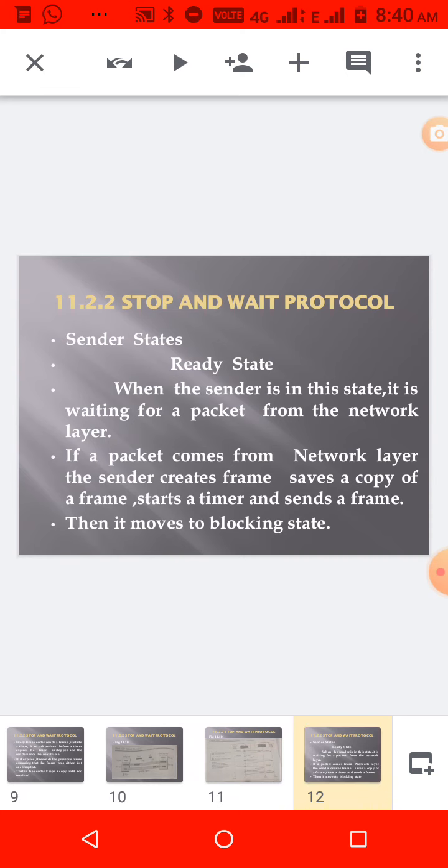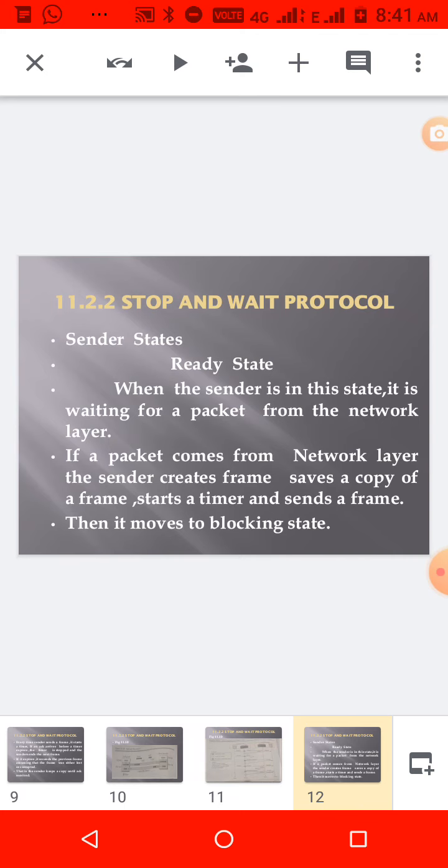Okay, after the packet is received from the network layer, what will it do? It will make it a frame, and here it will start the timer also. Start the timer and send, and move to the blocking state, and then it is ready to receive packets again, that is the ready state.